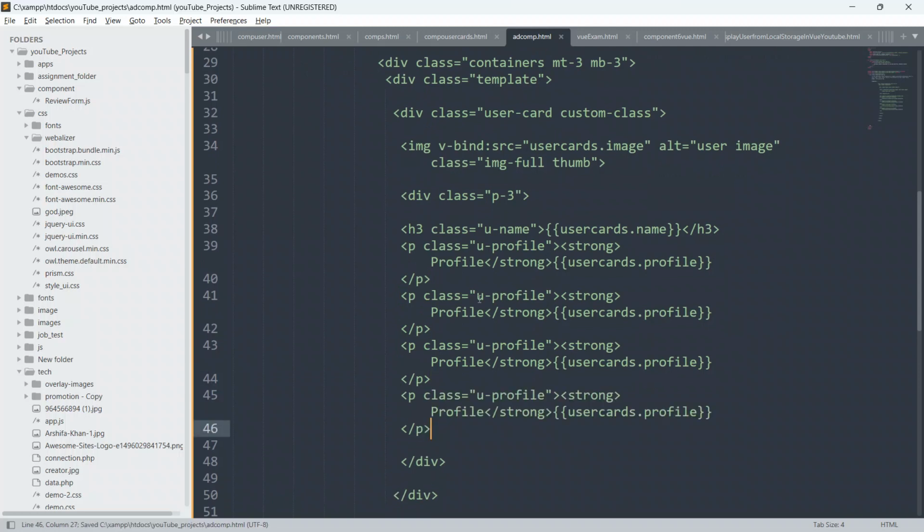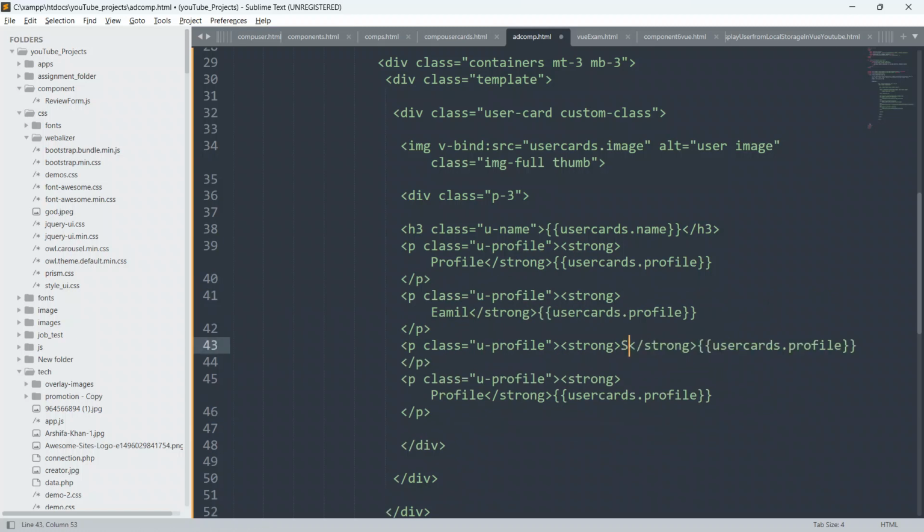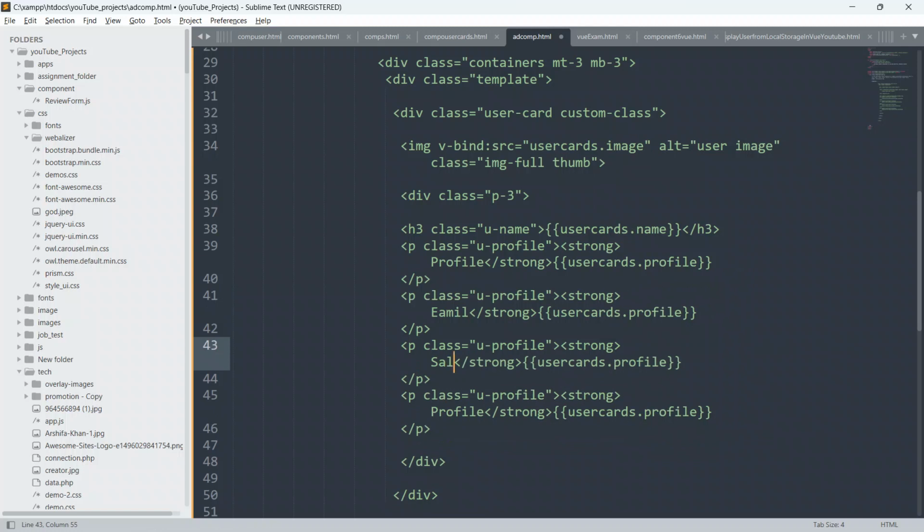So now we will change the profile here, and make this email, and make this salary, and make this descriptions.